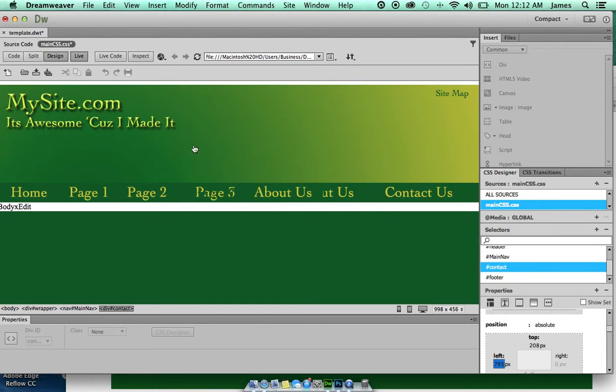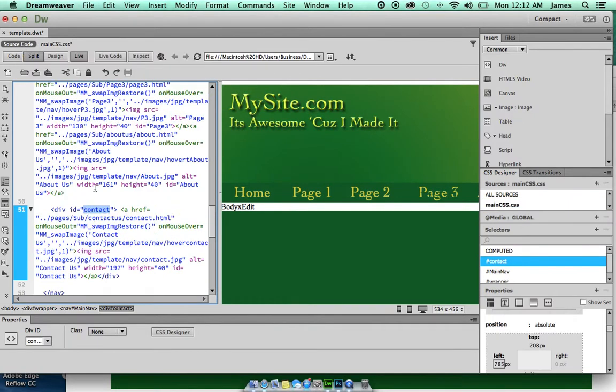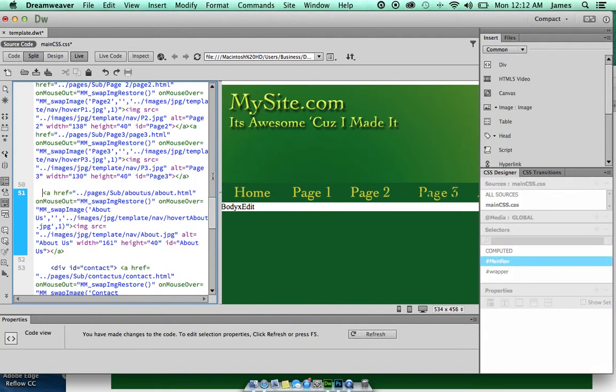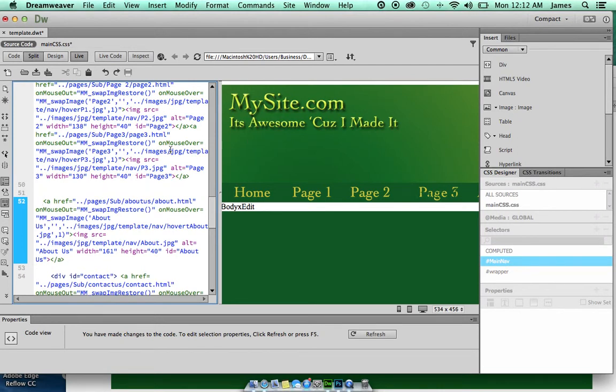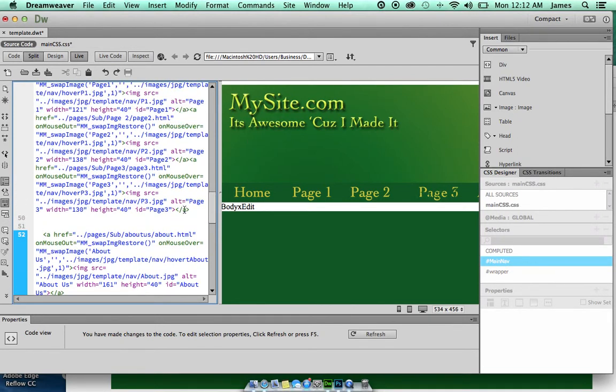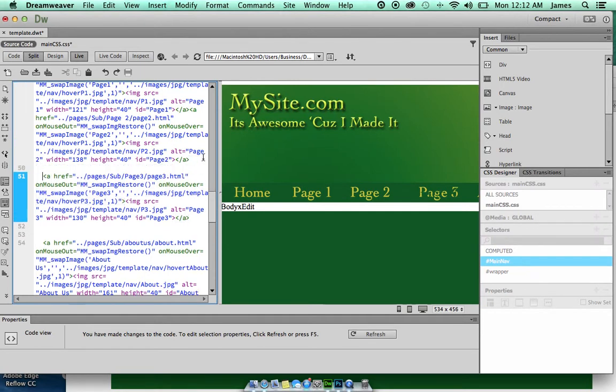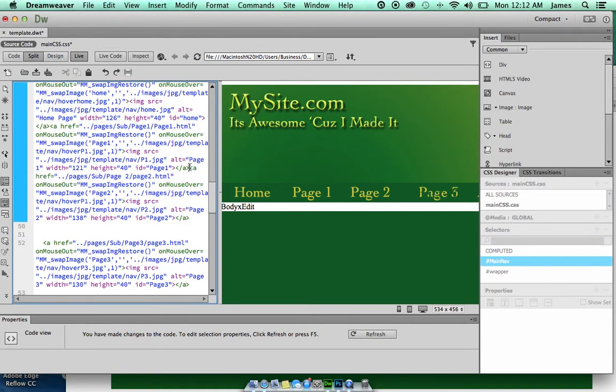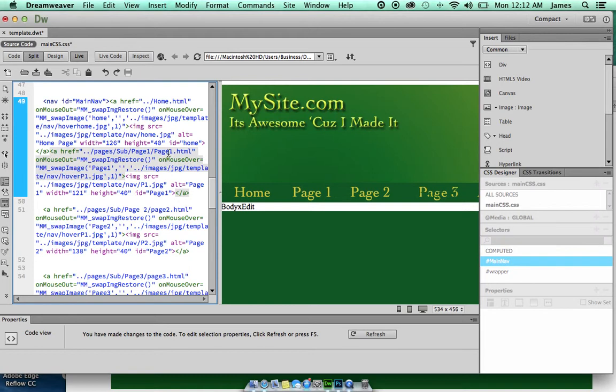Alright, so next we're going to do the same thing for the About Us, and we're going to duplicate this process over and over again until we have completed getting all of our images where we want them to be. So let's go ahead and separate all these guys out now. The good thing to do is if you click on the closing tag of your link for these, it'll automatically highlight everything so you can go up there, press enter, and separate it out. Do that again,